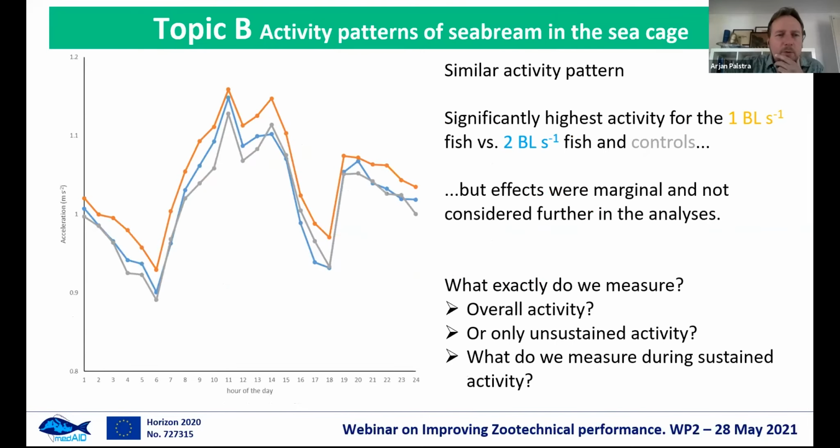Now let's go back to the original question. If we take the control fish and the swimmers at 1 body length per second and 2 body lengths per second, we see that they all show a similar activity pattern, so no changes there. We do see that the fish swimming at 1 body length per second have a significantly higher activity than the other 2. However, it is significant, but quite marginal, and that's why we did not consider these differences further